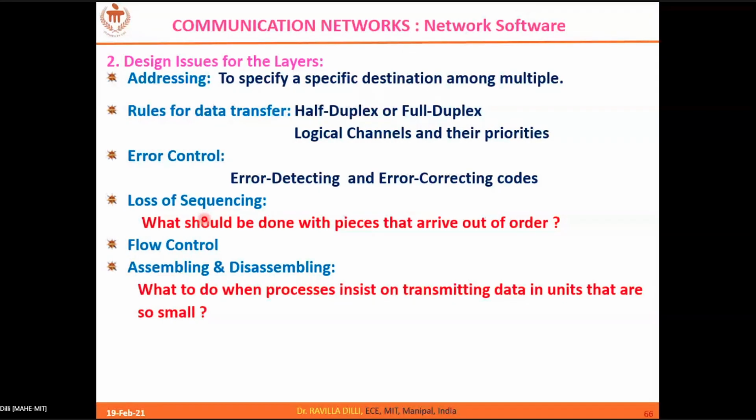It should not be too small because it leads to a large number of packets, right? If you make large content into very small packets, the number of packets will be too high. If you make a larger packet, there may be issues handling it at the subnet. So what should be the optimum size, or how do you decide the size of the packet?